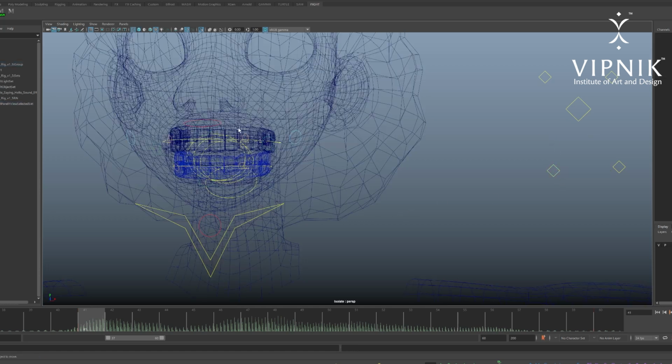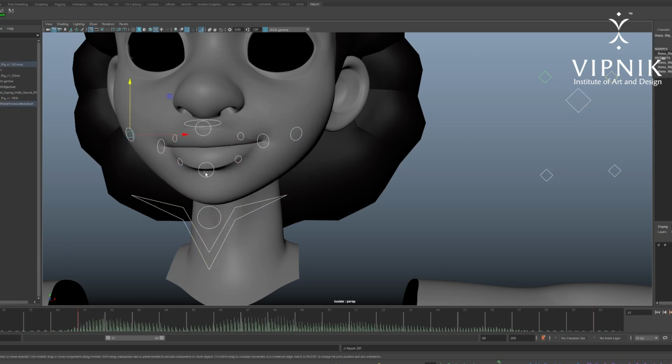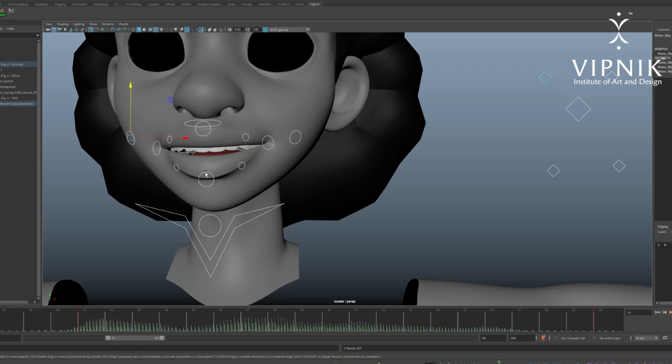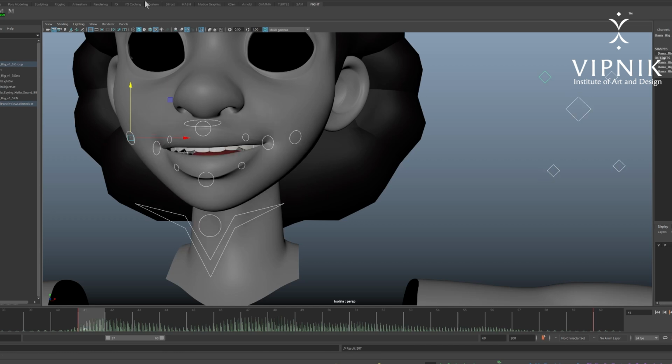What I'm going to do here is go into my teeth controls and pose my teeth so they're pretty much following the upper lip over there, and take this, put it up. There you go. Select everything and check it one more time. We can see our jaw is opening and closing: in the first pose the jaw is closing, the second pose the jaw is opening, and then what we want to do